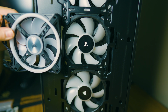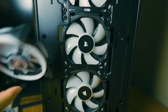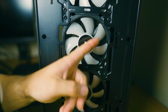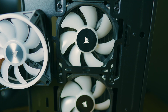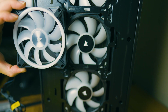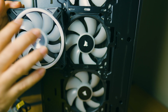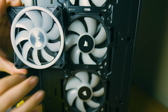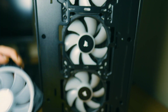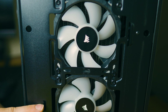This is the difference between the LL fans: the back of the fans also has an LED light behind it, compared to ML fans, where they do not have this ring. They only have the fan that is actually RGB. So the ML hub is about 110 millimeters right here. If I put that right next to it, the actual fan itself is actually smaller, reaching about 99 millimeters from what was measured. So the RGBs are definitely a lot more subtle compared to this, and I will show you that once these